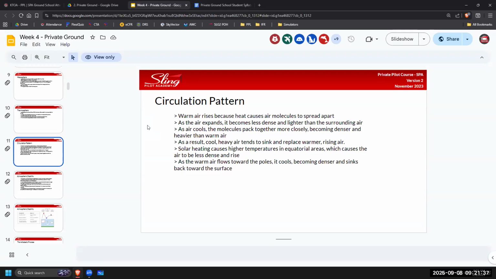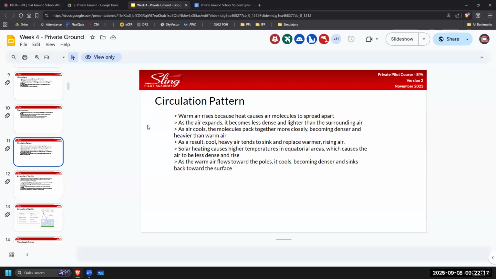when they talk about density, we're talking about a specific parcel of air, just one section of air. So when we warm up that section, the heat causes the air molecules to move and spread apart. Spreading the air molecules apart means that the whole parcel of air itself becomes less dense, right? And less dense is how the air rises, okay? So it's expanding from the heat and then becomes less dense, and that makes it lighter than surrounding air. And that's what causes warm air to rise.